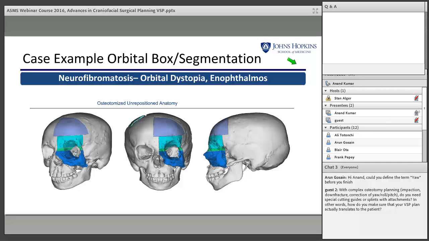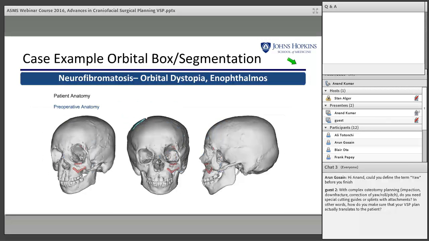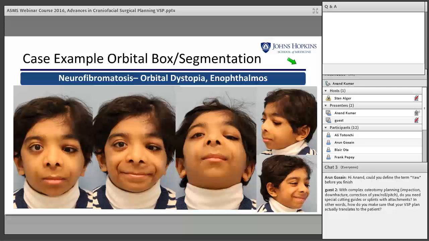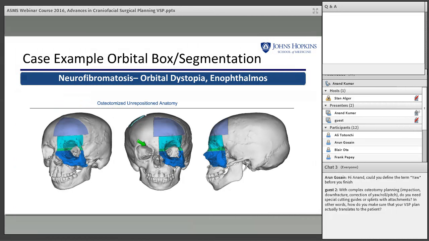Okay, so we're going to plan on doing an orbital osteotomy. We're going to raise the medial canthus. Let's look preoperatively here. You can tell here, looking at this picture, that the patient's medial canthus would benefit from being moved up here. So we're going to do an orbital box osteotomy first, lift the entire box up, plate the